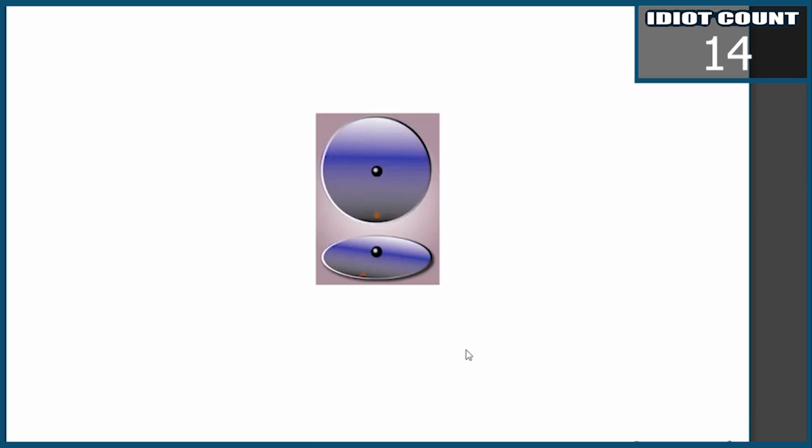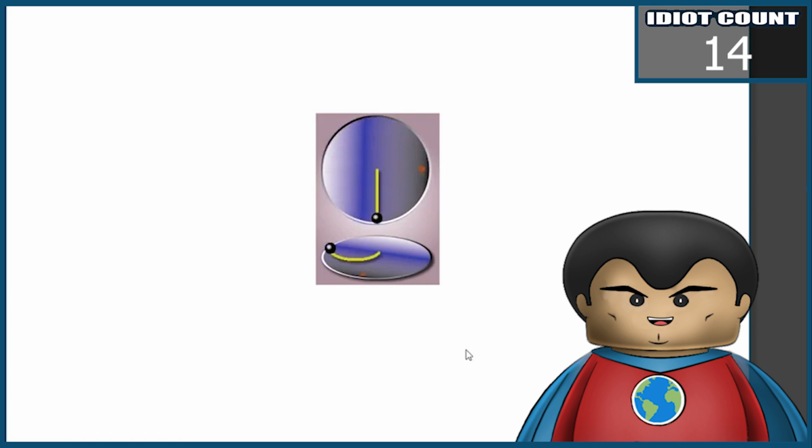Also, people often refer to Foucault's pendulum as being some kind of proof that the Earth is rotating under a pendulum that is constantly swinging in the same direction. Right, because a frictionless pendulum maintains its rigidity in space. This means that if you could devise a pendulum that was free from friction, you could set it in motion and spin its base, and the pendulum would never change its orientation to the fixed stars in the sky.